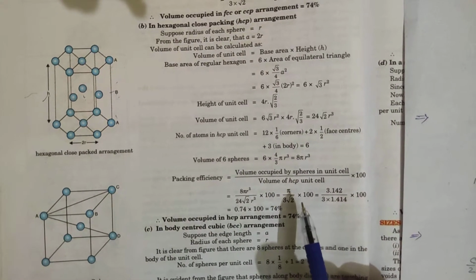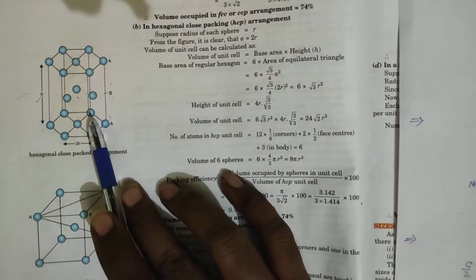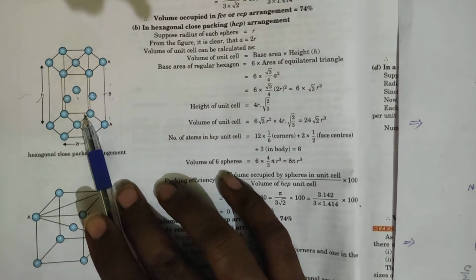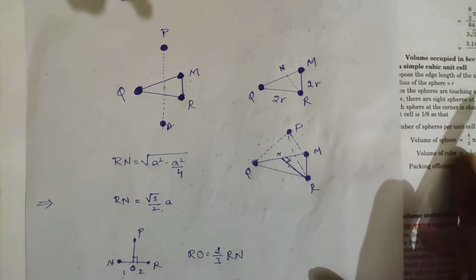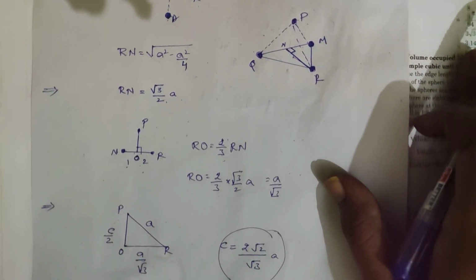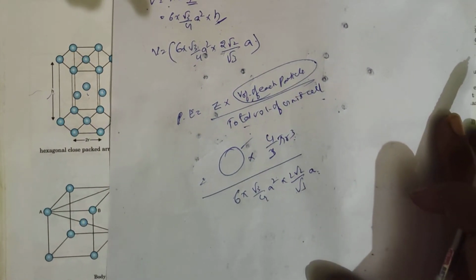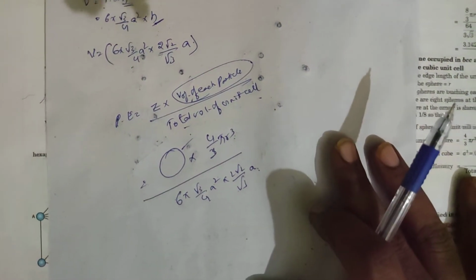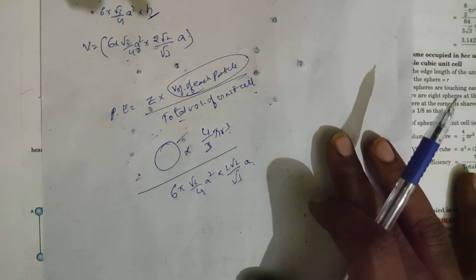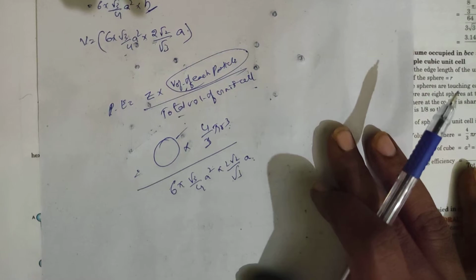Same as that of FCC. Clear? So the number of spheres you are getting in HCP is 6. Again I am representing one picture here. You take the same thing like this. Finally I have got it in this pattern, 2, 3 by 4. This is the way of calculating the packing efficiency of HCP. Generally you will not get any questions from this. Remember, for advanced, sometimes they may ask what is the packing efficiency of HCP.